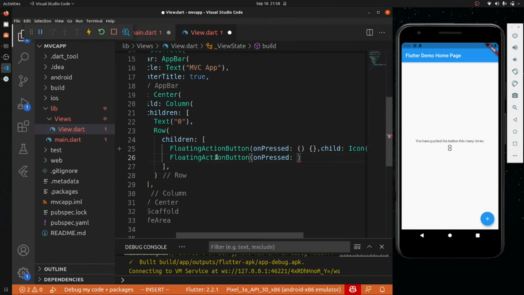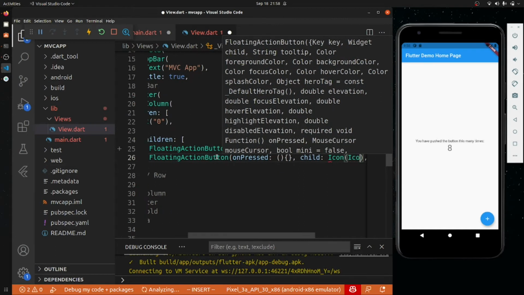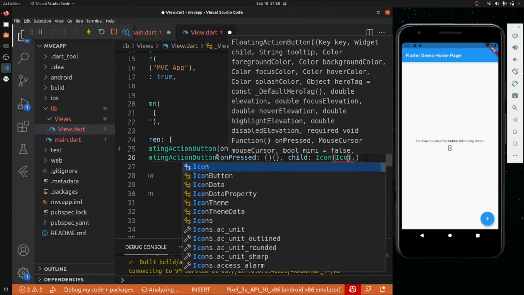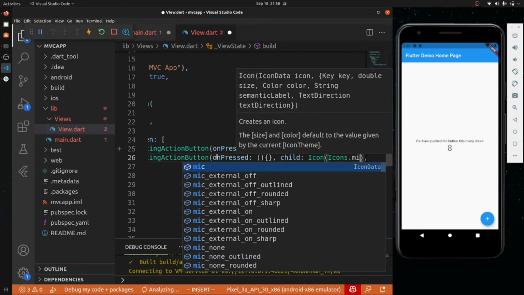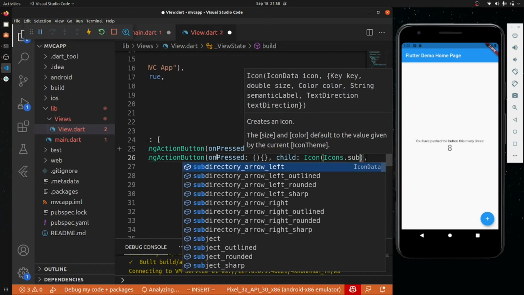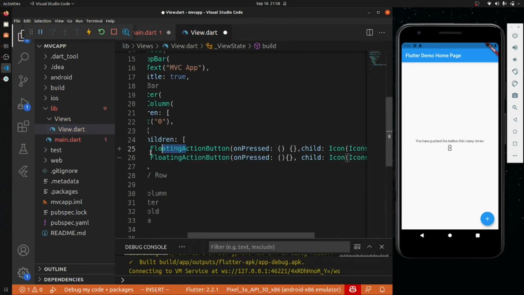We don't want any of the things like this right now, and we have Icons dot subtract. I think it's subtract or something like that. Remove, yeah, it is remove.